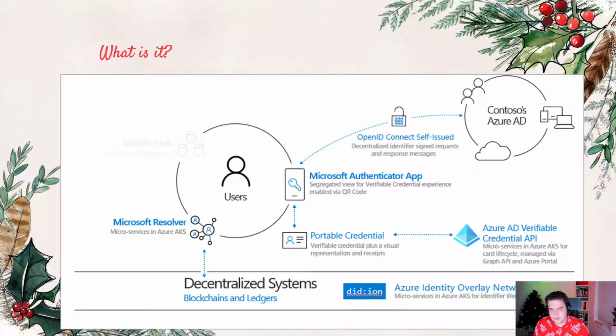How it works is very, very similar to that earlier diagram. You have a decentralized ledger, in this case the ION network, which has information published to it, signing information on credentials. There's a verifiable credential request API, which is issuing a credential to a user that's stored in the Microsoft Authenticator application, and then that credential itself is presented out to services that verify who it is. So you send request and response to various services to log in, and they might use the resolver to verify that data on the DID network.